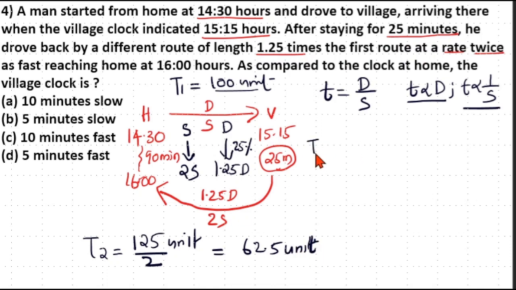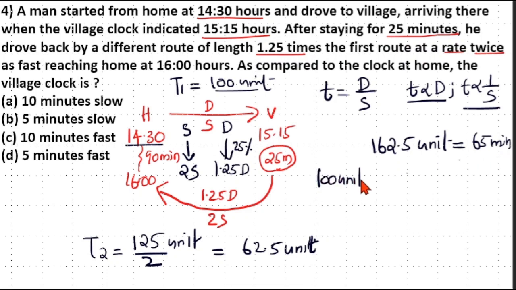Here T1 plus T2 is 100 plus 62.5, which is equal to 162.5 units. But we already know the time for travel is 90 minus 25, 65 minutes. That means here 162.5 units is 65 minutes. So we need to find out what 100 units is. If 162.5 units is 65 minutes, then 100 units is